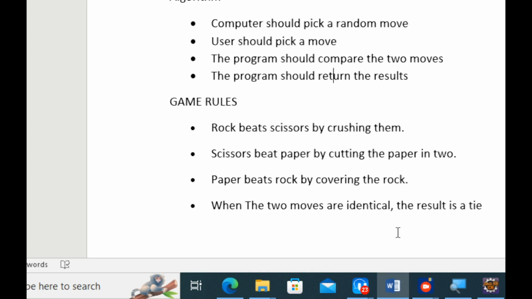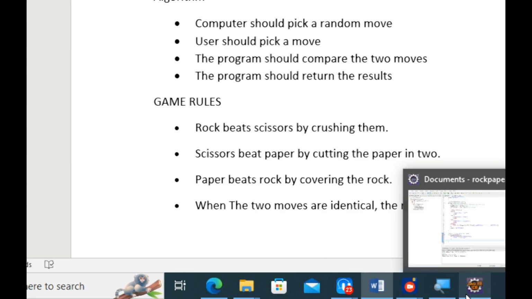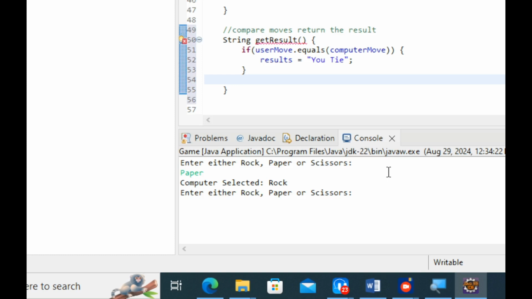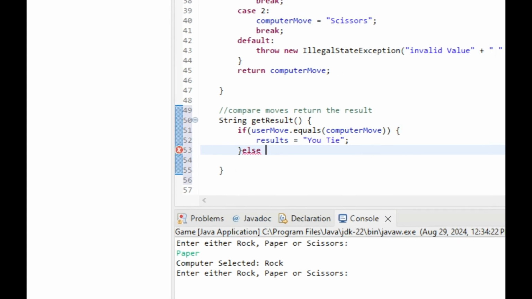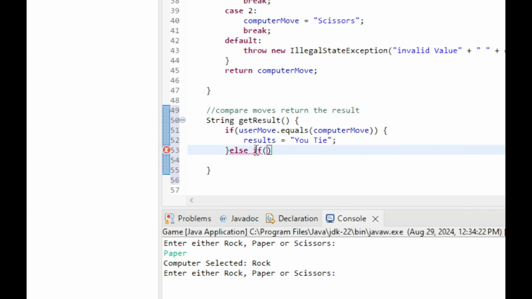So if the computer picks rock and the user picks paper, paper beats rock. So that means the user has won. So we're going to tell the user you win. So we're just basically working with these rules. So here we're going to say else if, then we have the condition. The condition is